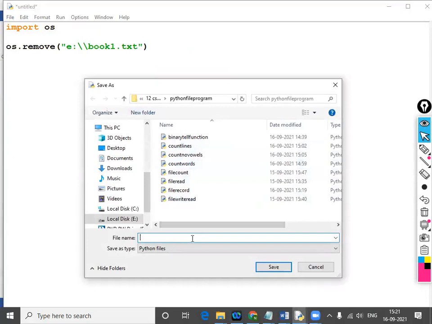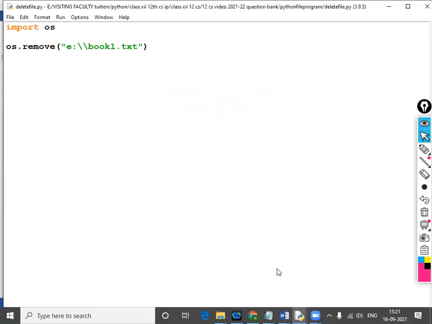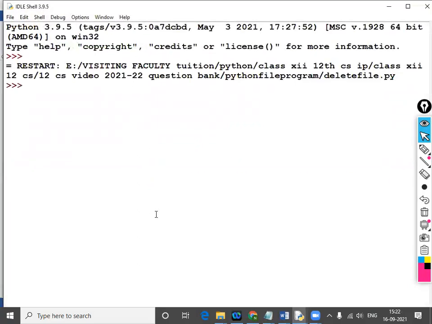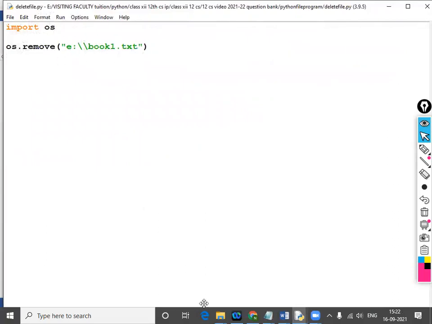Save it. Delete file. Now see whether it is working or not. Yes. So I think book1.txt will not be there.